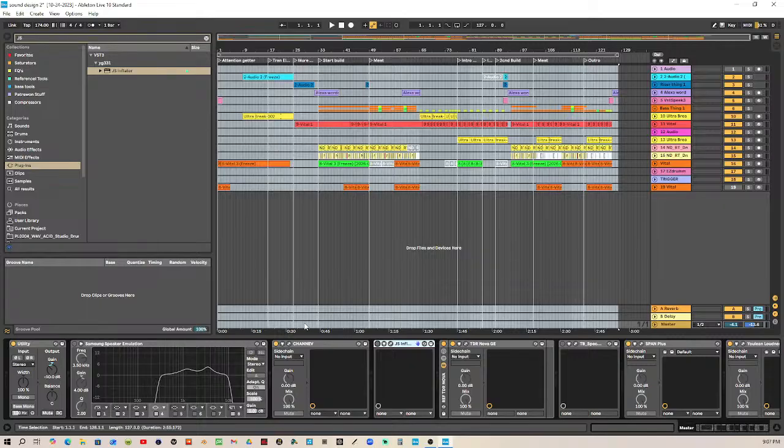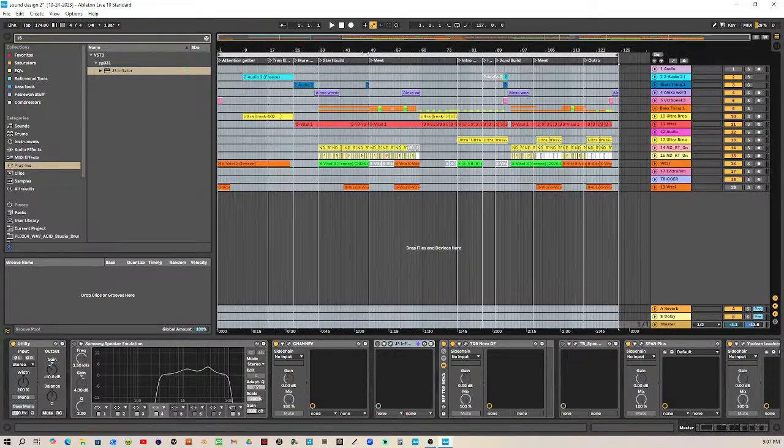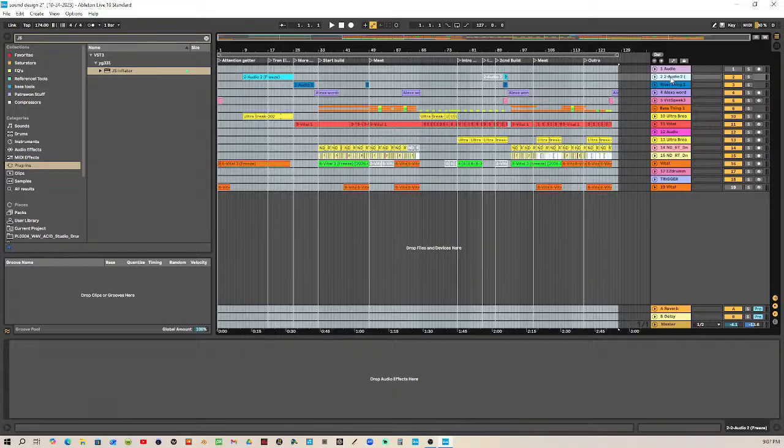I might not need it. We'll just see if I can work the mix of the track the proper way. Now, what I'm going to do here is going to be extremely boring, so come back in like 5 minutes when I'm done freezing, flattening, consolidating, normalizing, and all this kind of funky stuff. I should have called this how to mix a track once you're happy with the arrangement of the track.